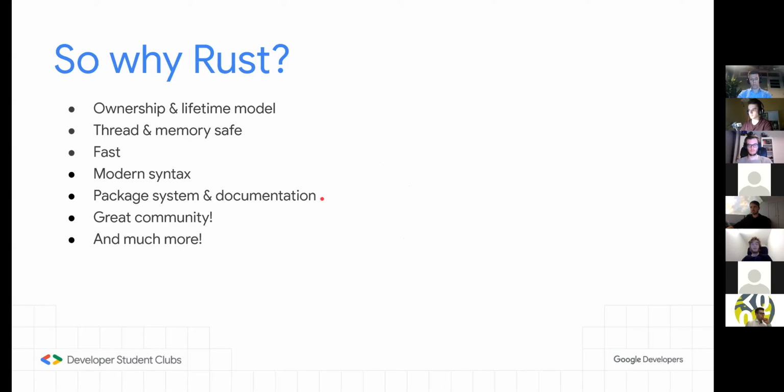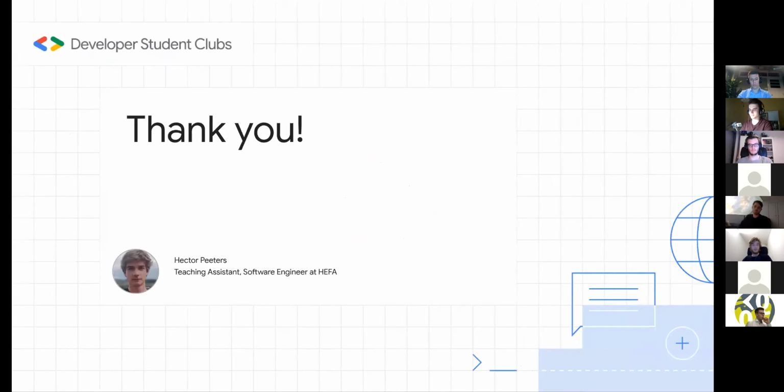And yeah, there's so many more things making Rust great, but we don't have time for all of them. I recommend you guys try out Rust. It might be one of your next system programming languages. There are a lot of features for you to discover, and yeah, I hope you give Rust a try. That's it. Thank you very much.